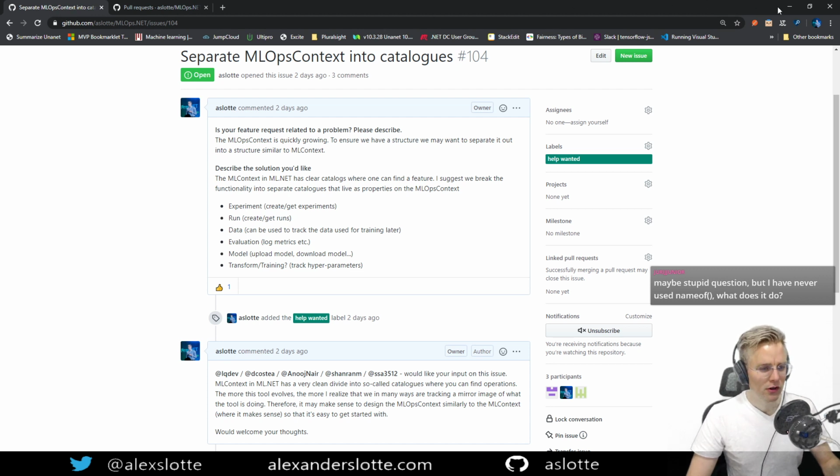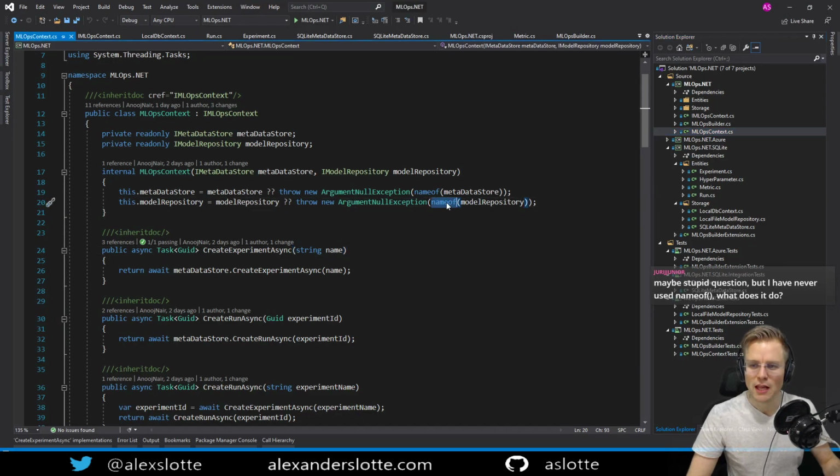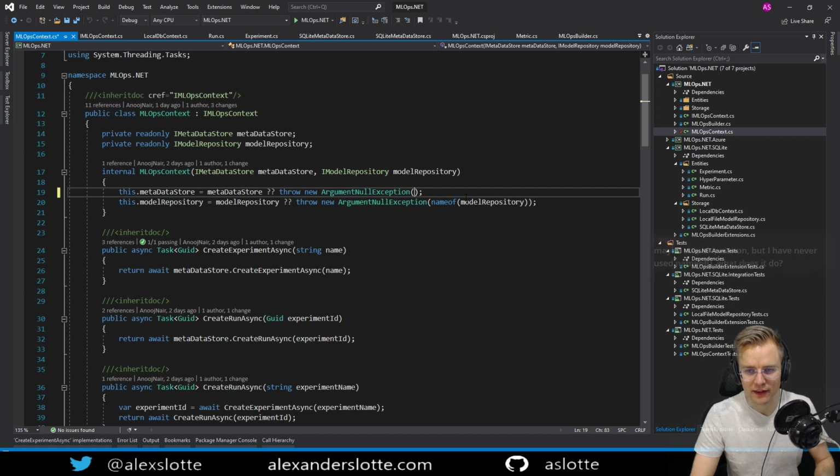Yeah, not a stupid question at all actually, Jerry. It's completely a good question. So nameof, that's exactly what nameof means. Here nameof is going to return model repository. Nameof is going to return metadata store. It's very useful if you don't want to hard code it. So if I had written it like this, I could have taken this away and done it like this instead.